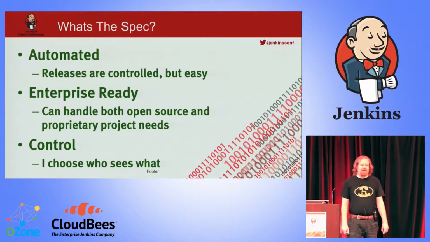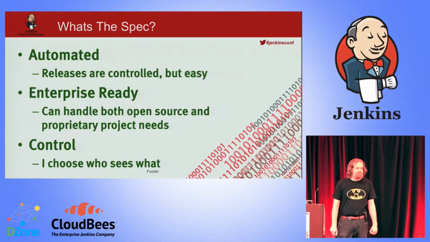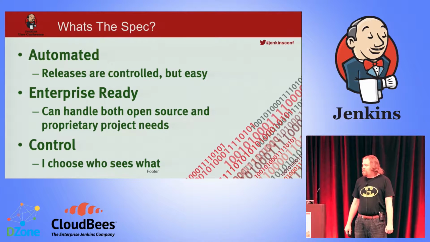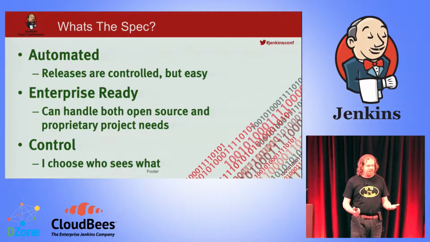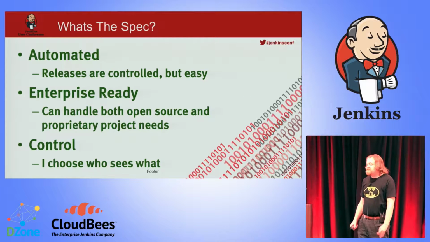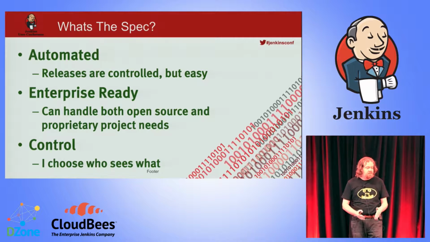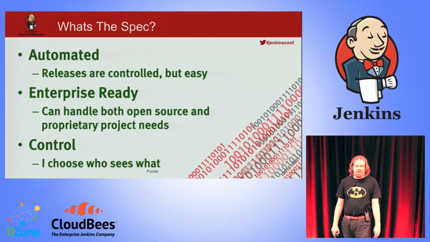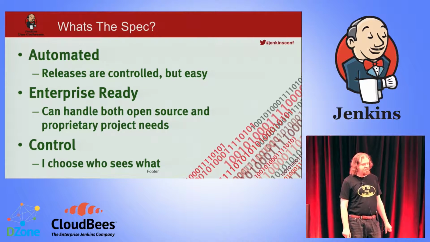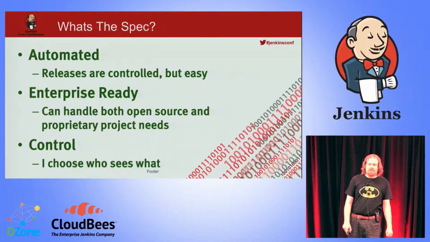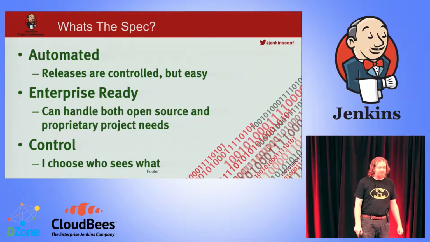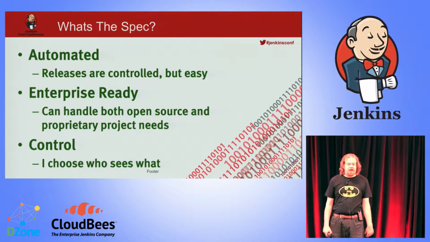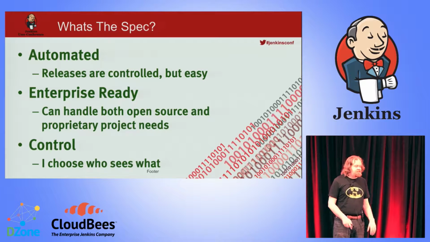So what are the requirements when we talk about a modern software pipeline? So the first requirement is automation. Releases need to be controlled, absolutely, but it shouldn't be a big process. I was out talking to somebody in the financial industry recently at, in fact, a trading floor. I'm not going to say which one because this is kind of embarrassing about them. And so we were talking, what is your release process? And they said, well, you know, every day at 2 p.m.,